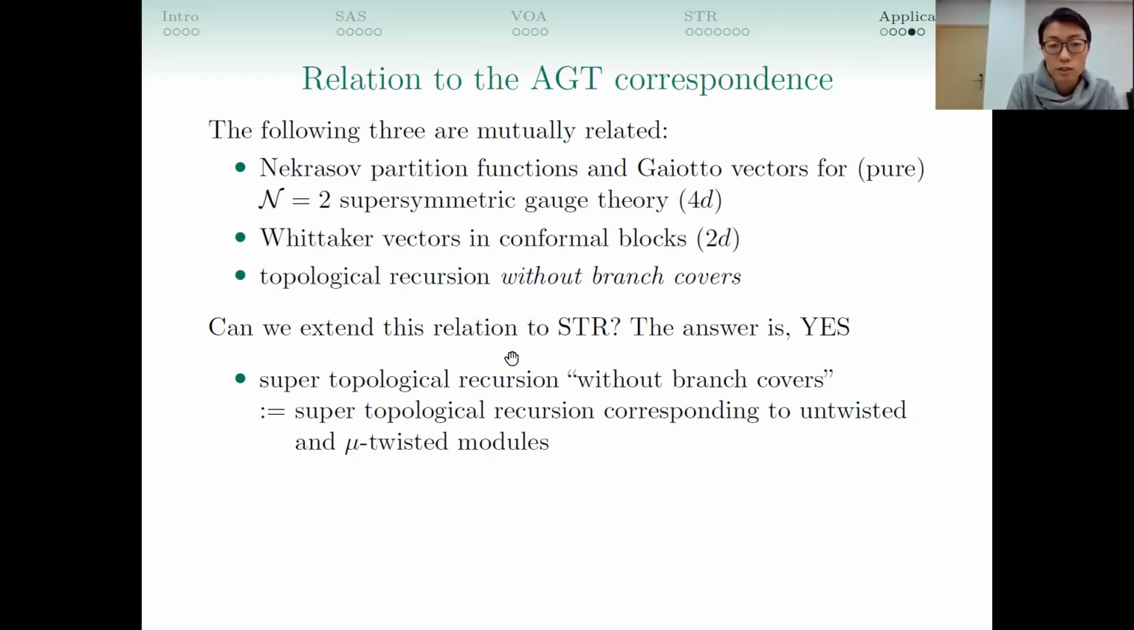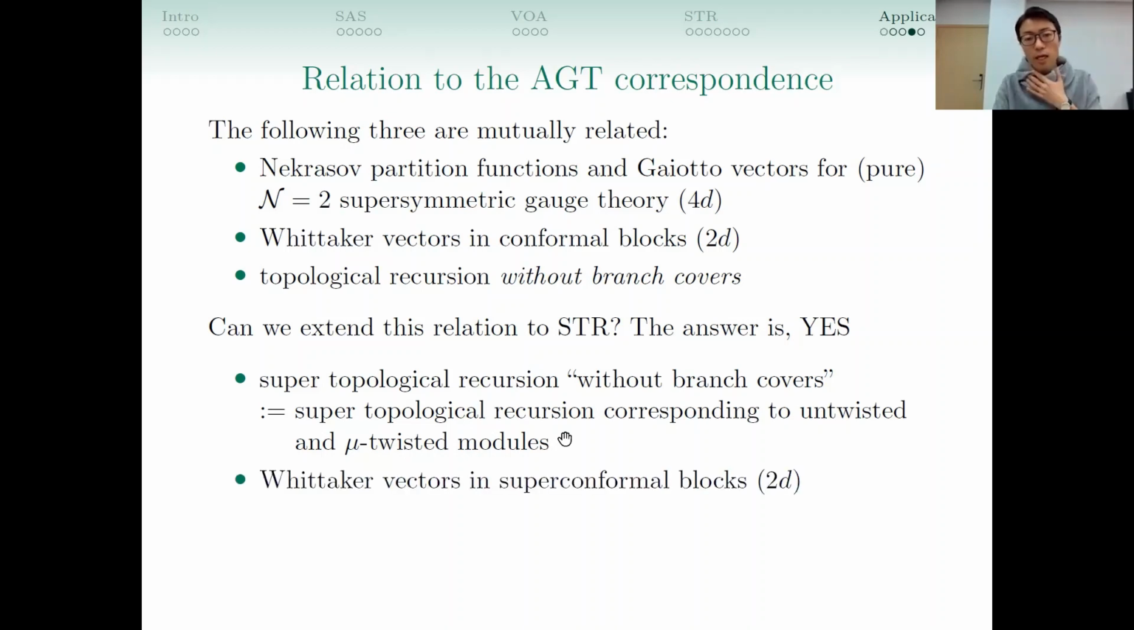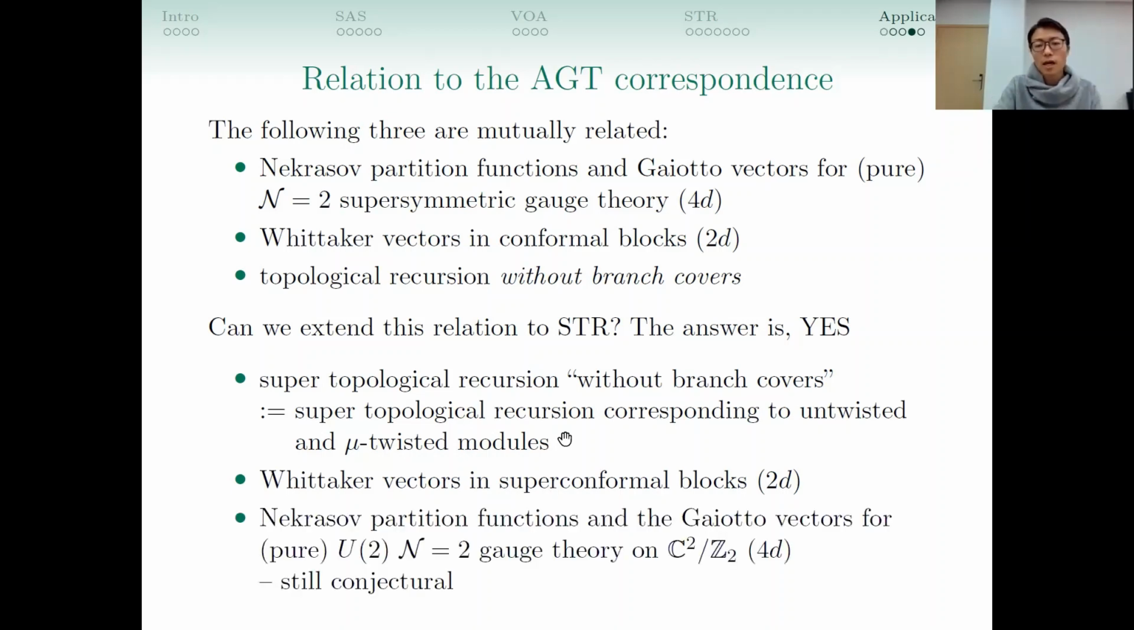Super topological recursion without branch cover just means super topological recursion corresponding to either untwisted or mu-twisted modules of the super Virasoro algebra. And then from these untwisted or mu-twisted super structures, you can construct Whittaker vectors recursively, and you can prove that it exists. And now conjecturally, this